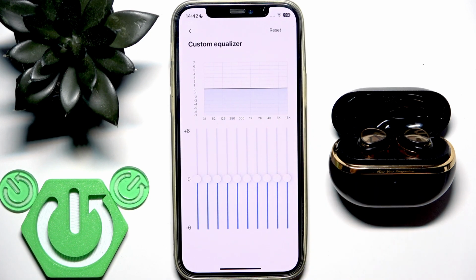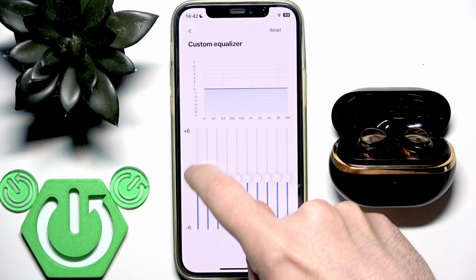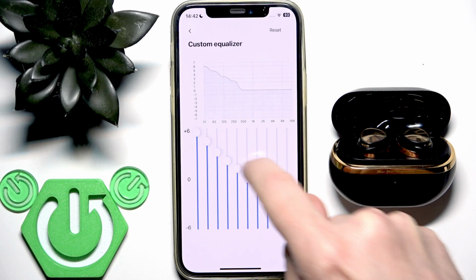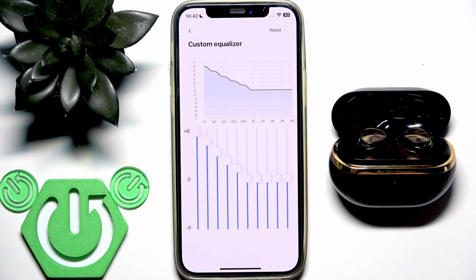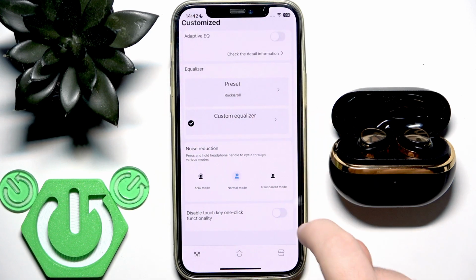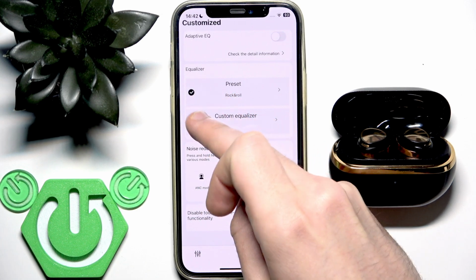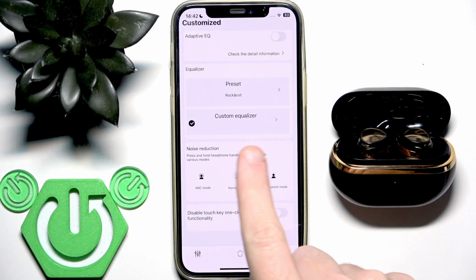Here's the equalizer, here's the custom preset. Now make something good for you. Let's say I want to make something like this. And after you finish, just go back. And as you can see, we just select the custom preset, and if we swap to it, now the application